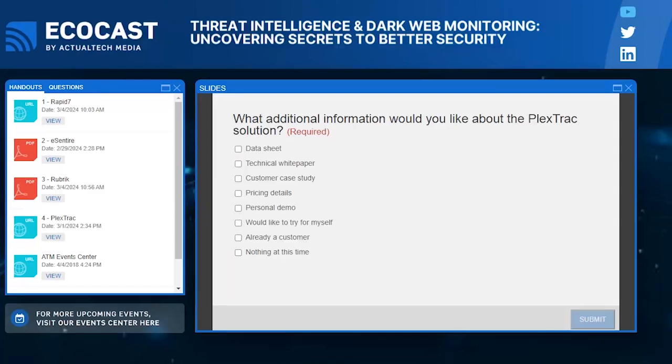So our first question here today for you, David. Paul wants to know, is Plex Track able to streamline and make workflows efficient enough for an SMB to monitor threat intel, even with minimal staffing? Yeah, absolutely. So the key thing about Plex Track is that we have the ability to ingest multiple types of data. We have multiple tools that can do that, but we also have the ability to do CSV uploader. Now, the nice thing about Plex Track is, yes, we have APIs behind the background, but we have something called a parsed action. And what the parsed action can do is it can help automate and clean the data